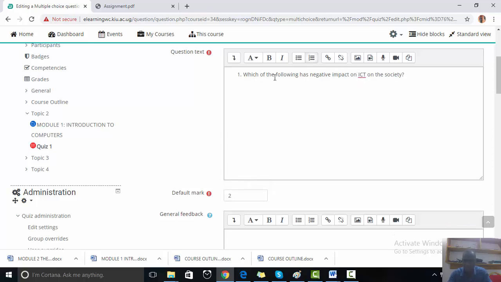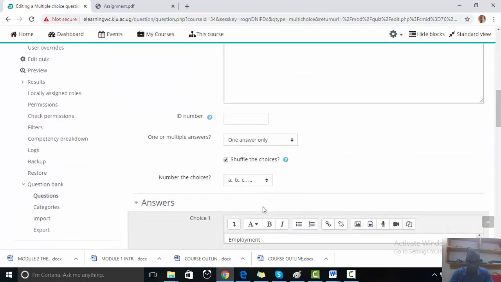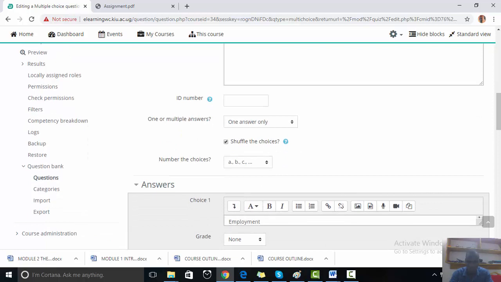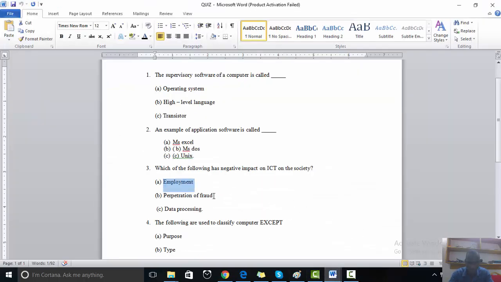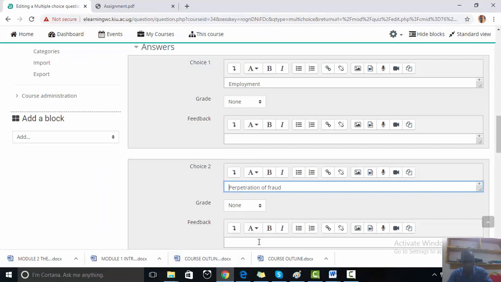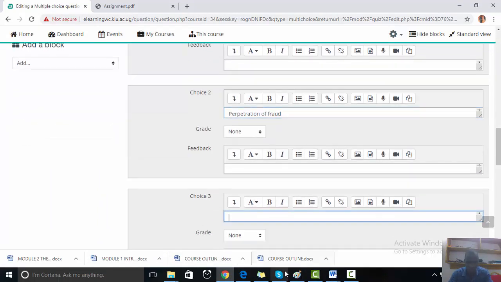Which of the following is a negative impact of ICT on the community? Yes, that is the question. Answer option number 1, we have unemployment. Answer option number 2, we have perpetration of fraud. Answer option number 3, we have